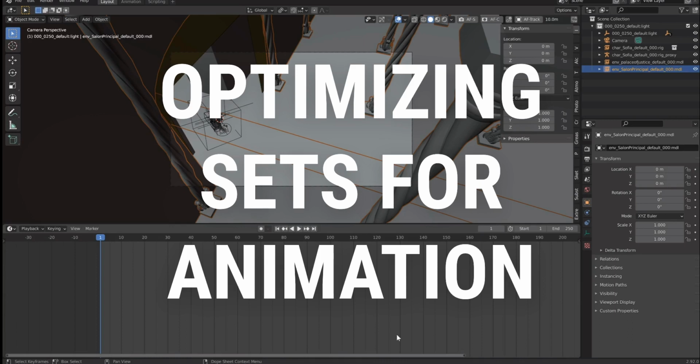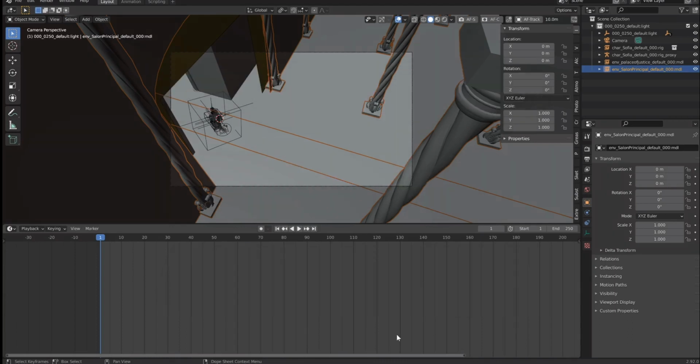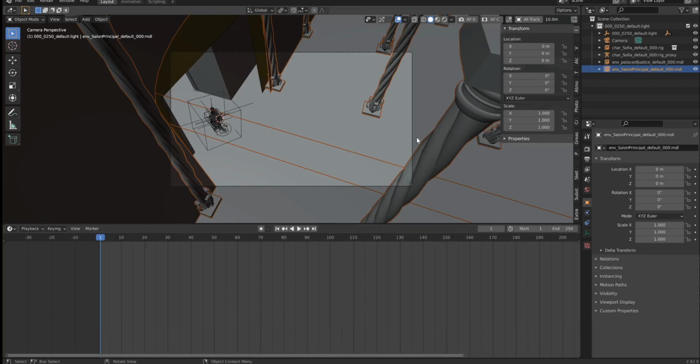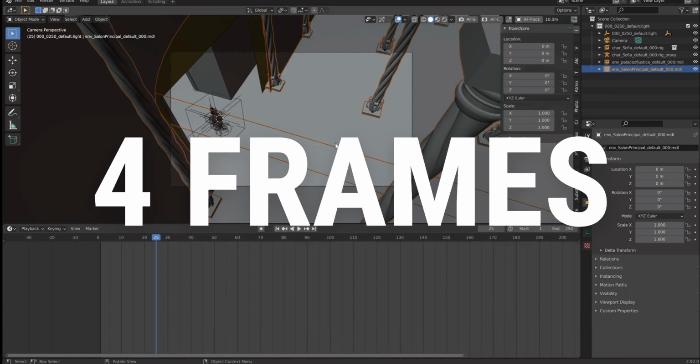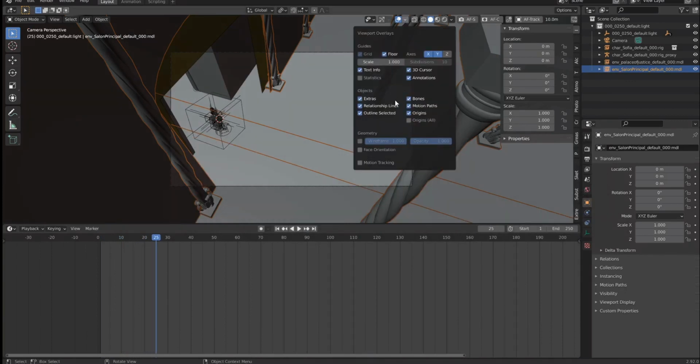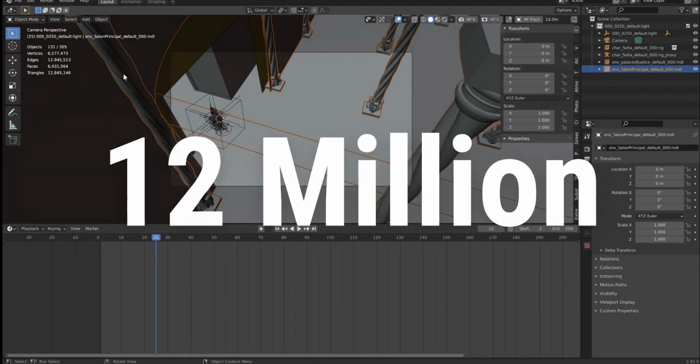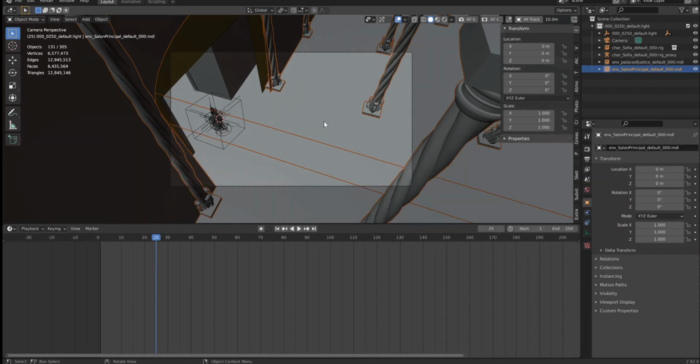This is a follow-up for the optimization of rigs, or rather the proxy creation for rigs. Now, I've imported the same animation that was playing back at 24 frames per second into this, and what happens is that the moment I hit play, you can see we're getting a juicy 4 frames per second. Now, if we open up our statistics, what happens is that this scene currently has 12 million triangles or 6